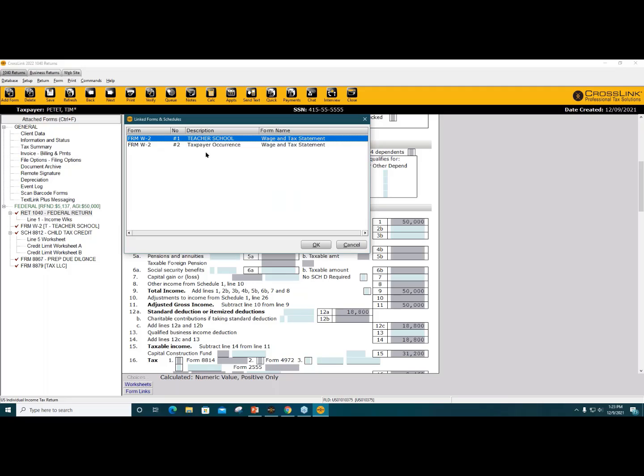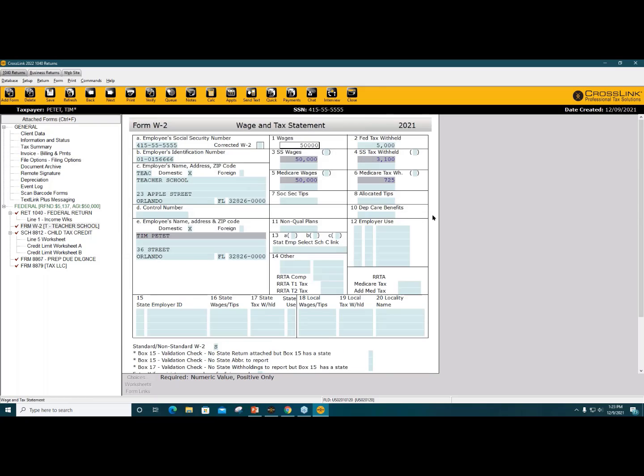When I click on that, it is going to add the secondary forms or associated forms with that line item. So you can go ahead and choose that form, and then it will populate the information for you. So that is the second way you could do a tax return. I showed the first way, which is adding your forms through the function key. If you like working down the 1040, you could go straight to the 1040, and you can go ahead